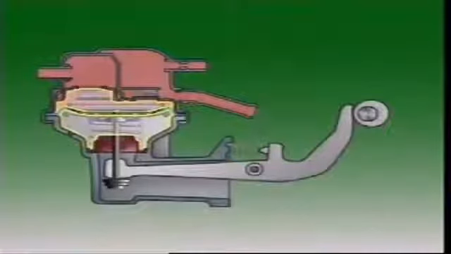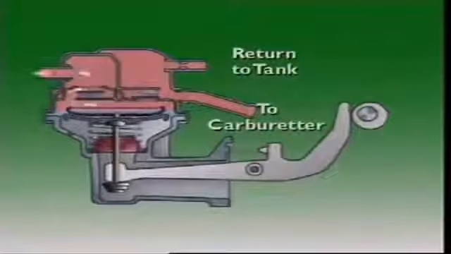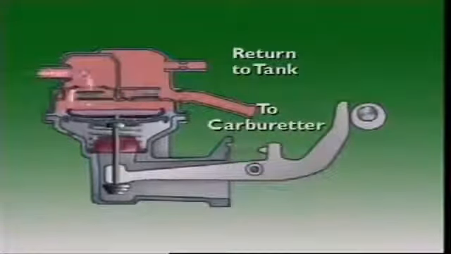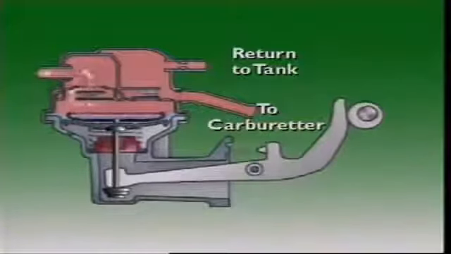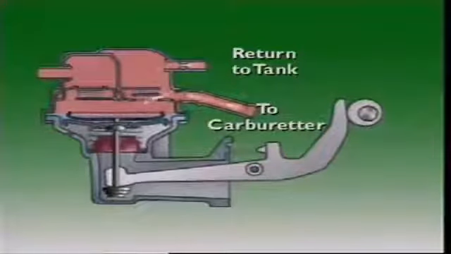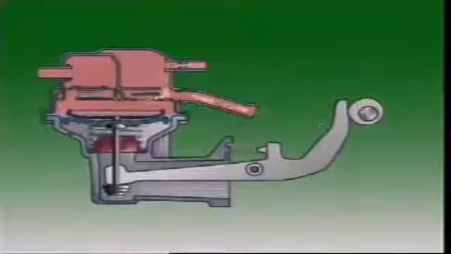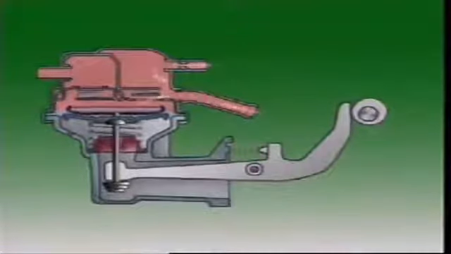This diaphragm is operated by an eccentric on the camshaft. It rotates, making the rocker arm move. This movement is transferred to the diaphragm, pulling it down. That draws fuel into the pumping chamber above the diaphragm. The diaphragm spring moves the diaphragm up, and this forces fuel from the pumping chamber out of the pump and